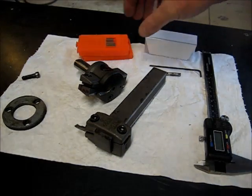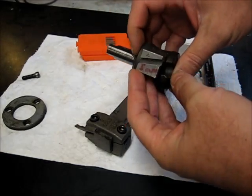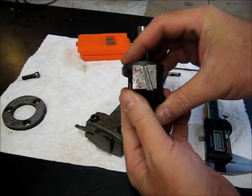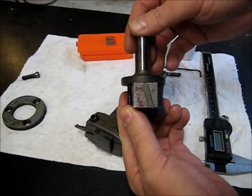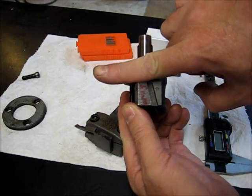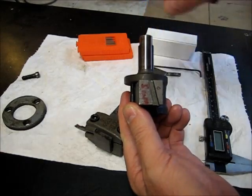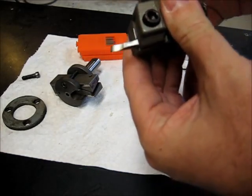Alright, the ValCut trepanning setup is a drag cut style setup. You see this angle here in the end of this cutter bar. This bar mounts the cutter. The cutter travels in this direction, and it is mounted at a backward angle, and then the cutter, the ValCut cutters, here's one here,